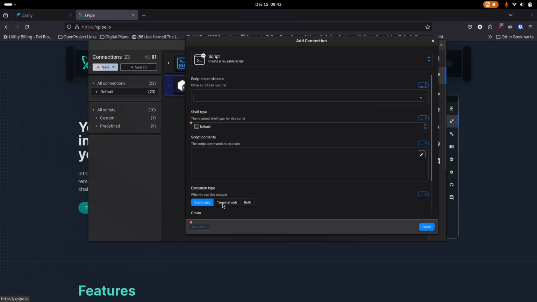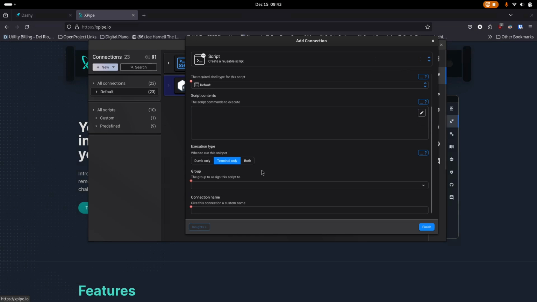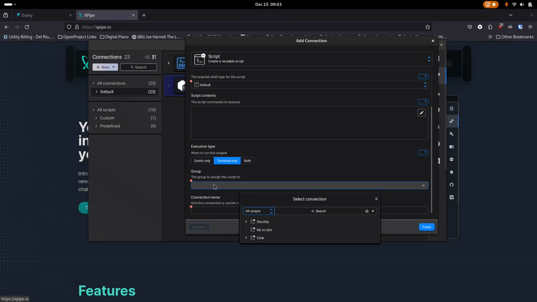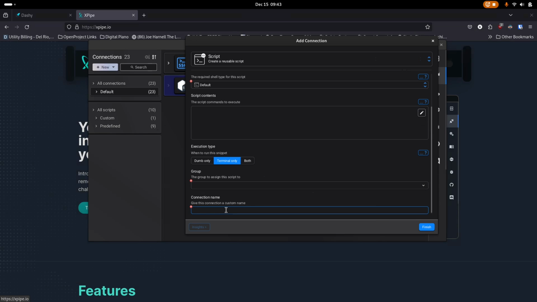So you have some different options of when this will run. It says dumb only, terminal only, and both. In this case, it has terminal only selected automatically, so that's probably where you're going to want to put that most of the time. If there's a group that you need to have set up for this script, you can set up script groups and actually save them in groups. And then, of course, you've got a name that you can give to the script so you can find it easily. So you can set up a script that's going to run on the system whenever you connect to it,